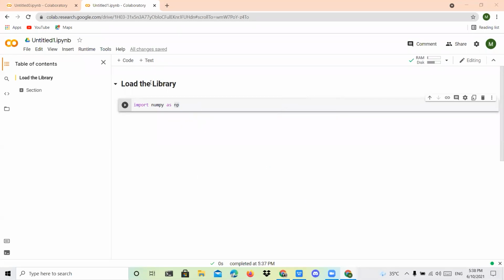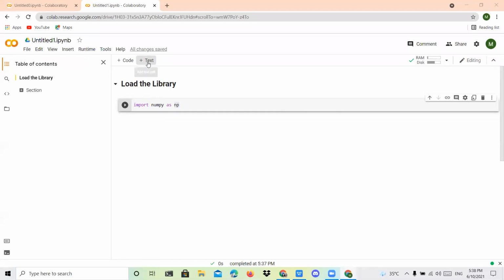Okay, listen, all of you, please follow that. This is only the first instruction. First, you can use this text cell. You can type whatever the command's name is here. After that, you can use this code cell. Here you can import your library name as NumPy. Okay, this is executed successfully.